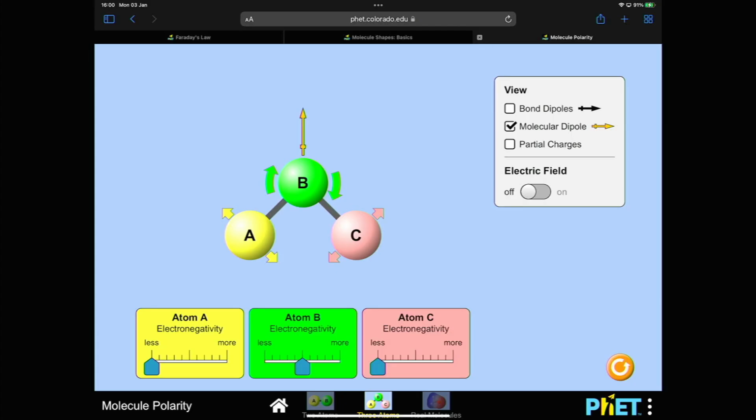Let's have a look if it's 3 molecules. Now remember, we did a lesson on the shapes of a molecule. Let's say the electronegativity of A is more or less there, and B is more or less there. And can you see how we are changing? Let's put B there, and let's put C there. Can you see there? It is changing. It is becoming more to the C side or less to the C side.